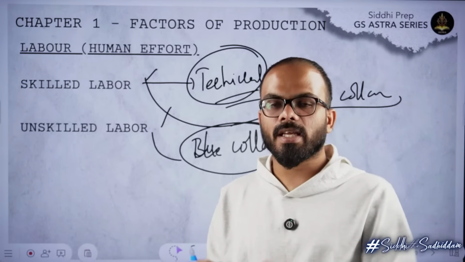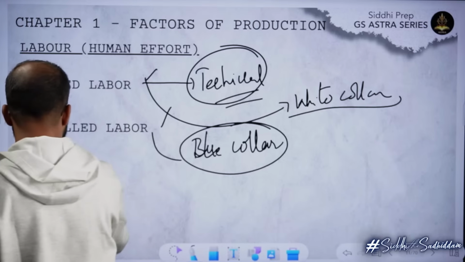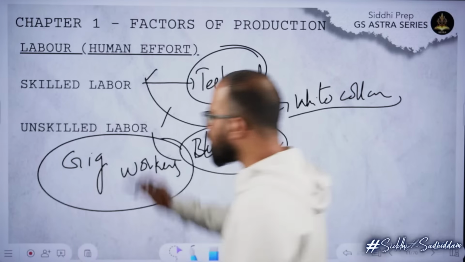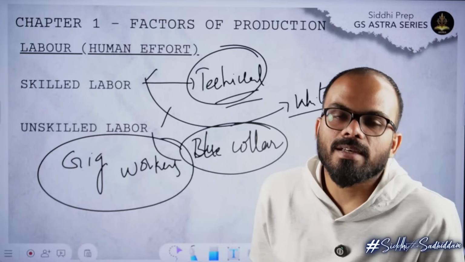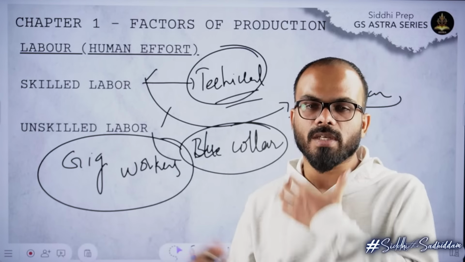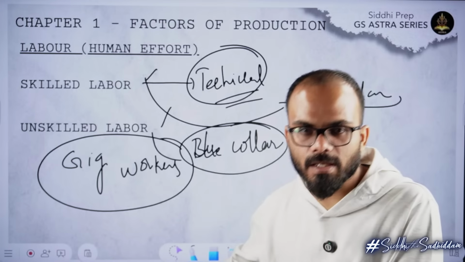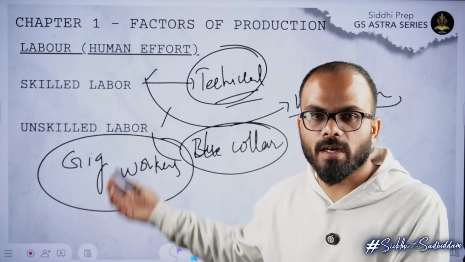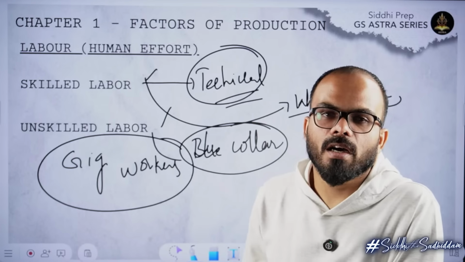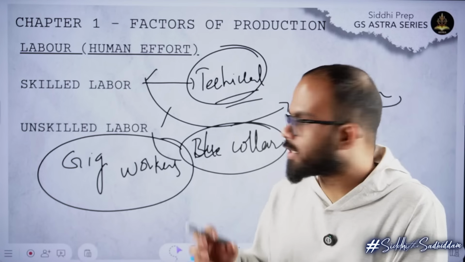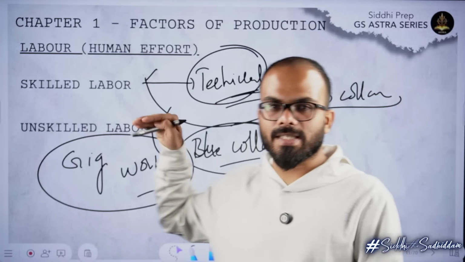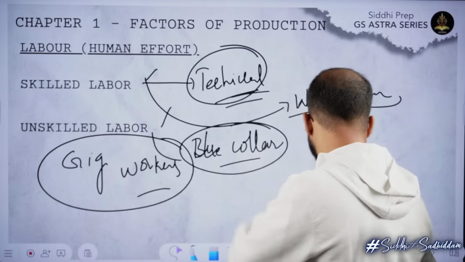And along with that, there could be one more word that they can ask you, which is gig workers. Gig workers refers to all those people who are freelancers. Rapido wala, Zepto, Blinkit, right? Or Uber, anybody who is doing such kind of freelance activity. All those group of people, Ola, Uber, Rapido, Zepto, Blinkit, Instamart, Swiggy, Zomato, all these people are called gig workers. So these 3 are the terminologies they can ask you: blue collar, white collar and gig workers. So these are the 3 types of labor that we have, right?